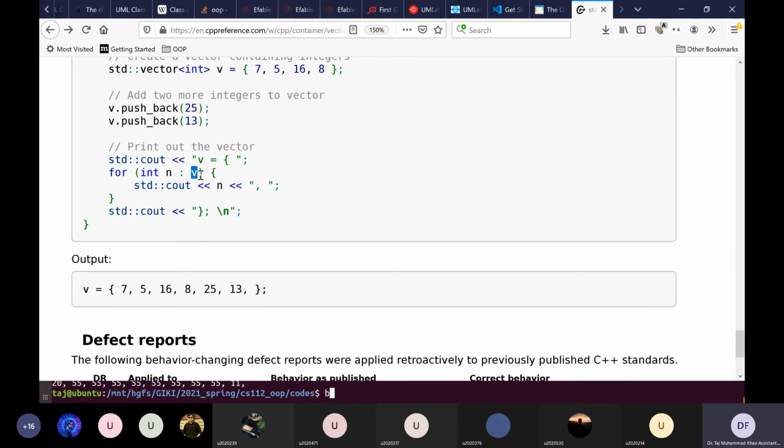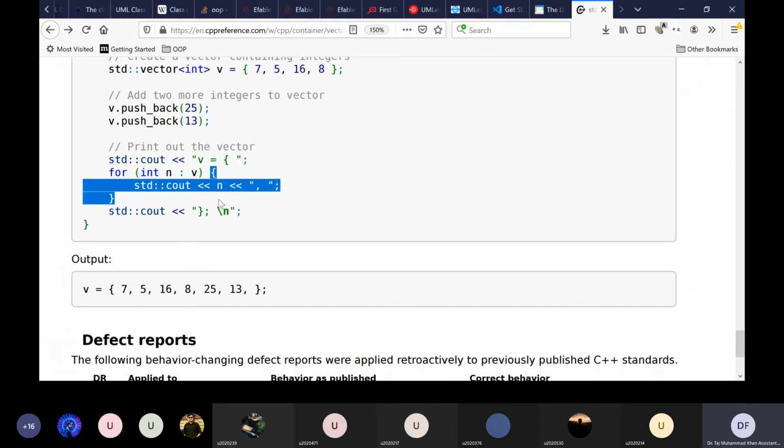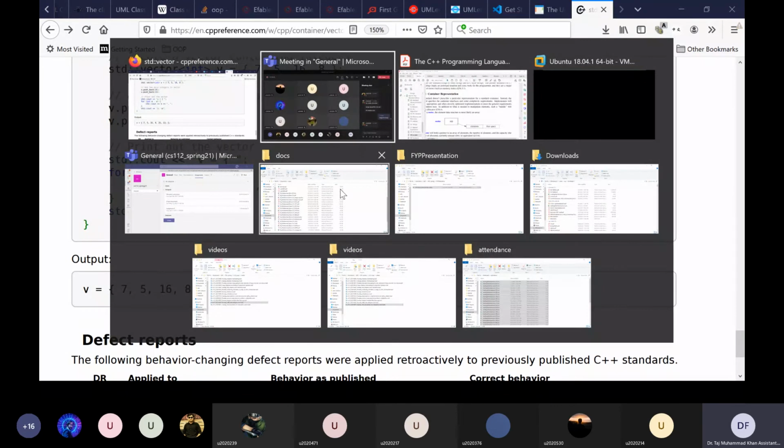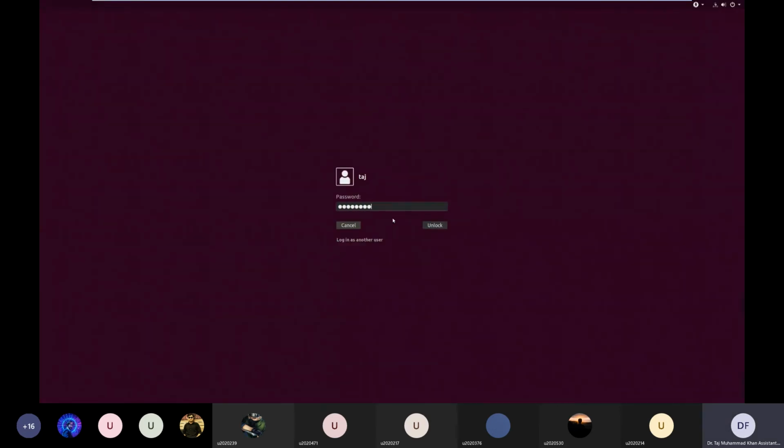Okay, so for every iteration, it will take one element from the vector, starting from the beginning, and it will assign the value of that element to this variable n. Okay. And then inside the loop body, we can basically do whatever we want to do with that element. Okay. So let us try to print our vector using this range for loop.